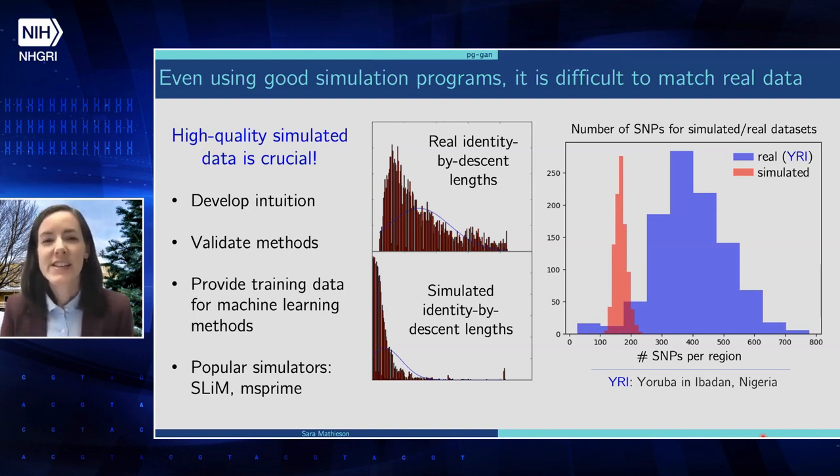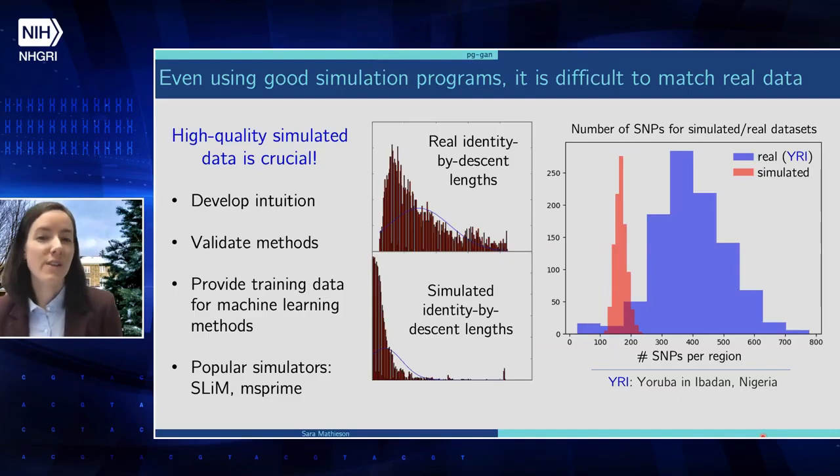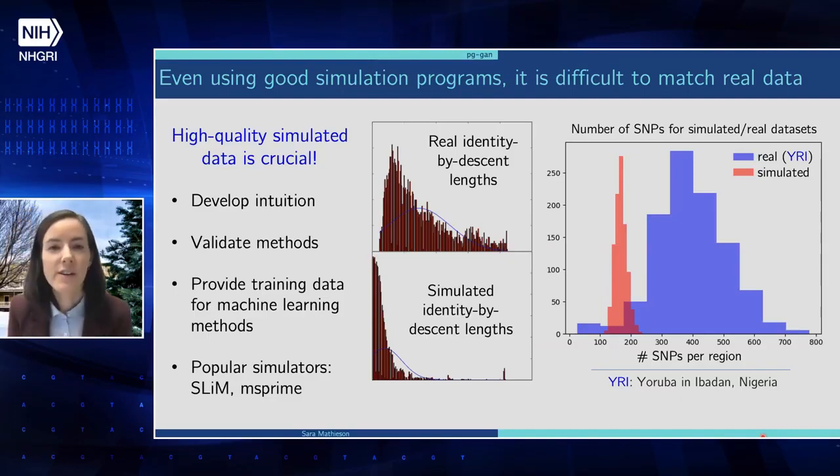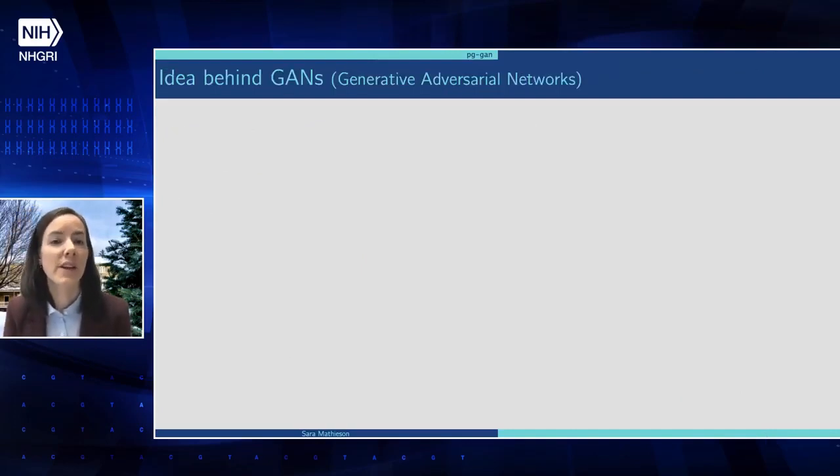So I was interested in trying out generative approaches, and specifically generative adversarial networks. The idea behind these GAN algorithms is that our initial guess at whatever type of simulation we're trying to come up with is probably going to be pretty poor quality, right? If we just guess, we're not going to be able to develop a really good simulation right off the bat.